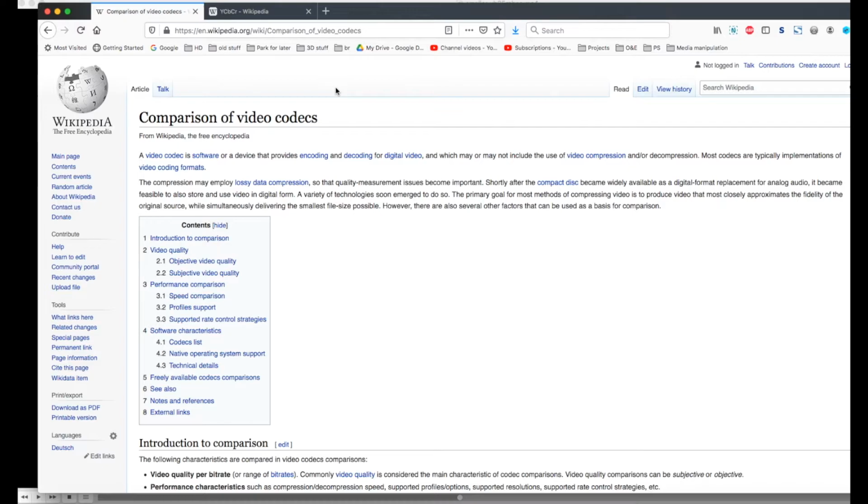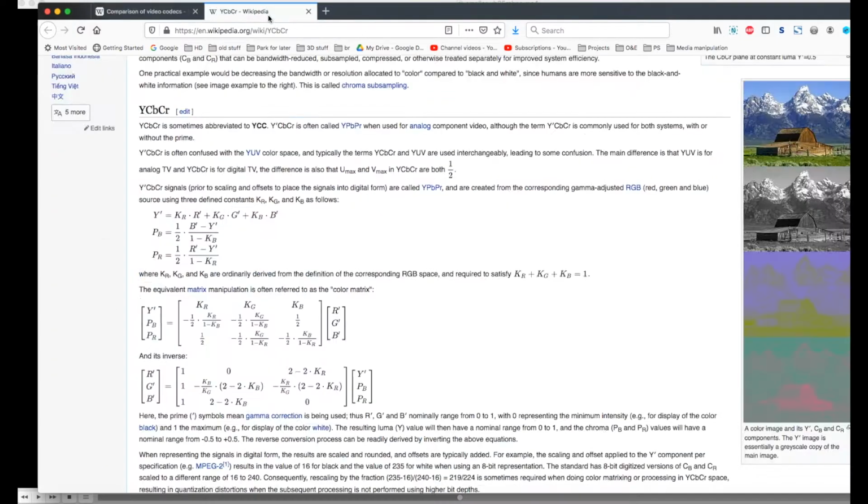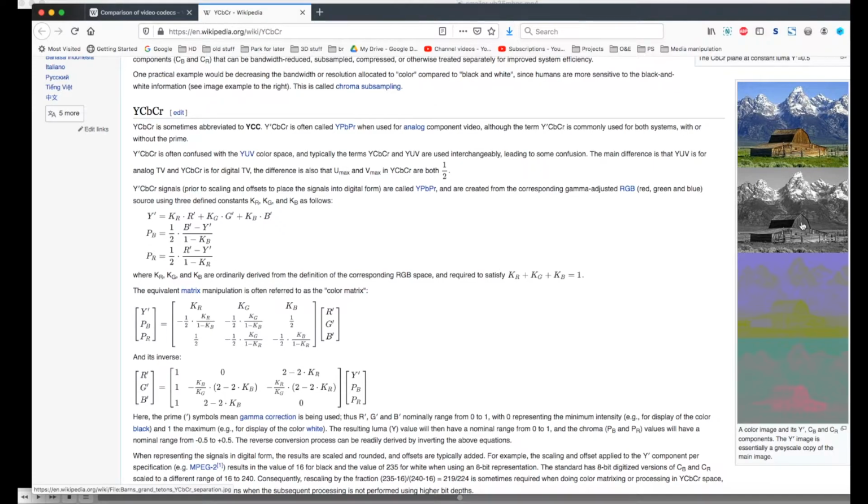But one of the very big things that a codec deals with is our ability to discern contrast level, but we have a fairly weak ability to differentiate between adjacent colors, and so the codecs will take advantage of this in a lot of cases. Here's the original image. It will break the image up into the brightness level, so it'll basically make a black and white image,